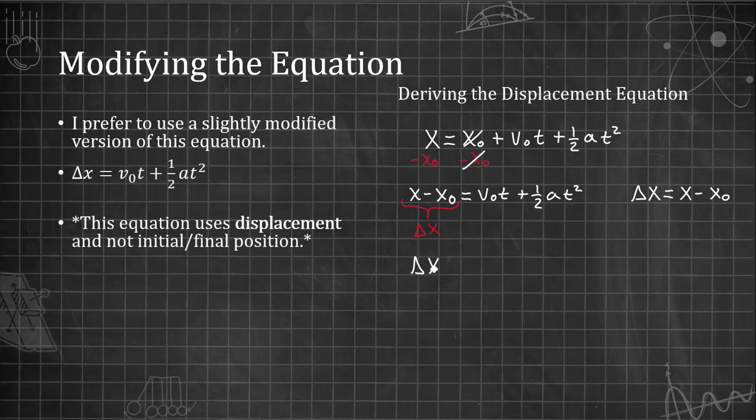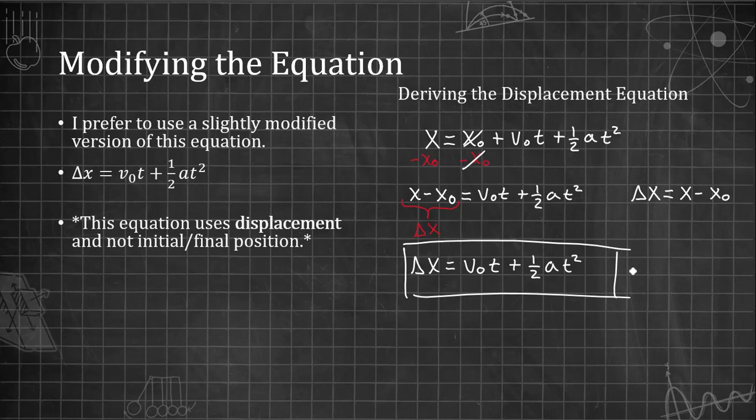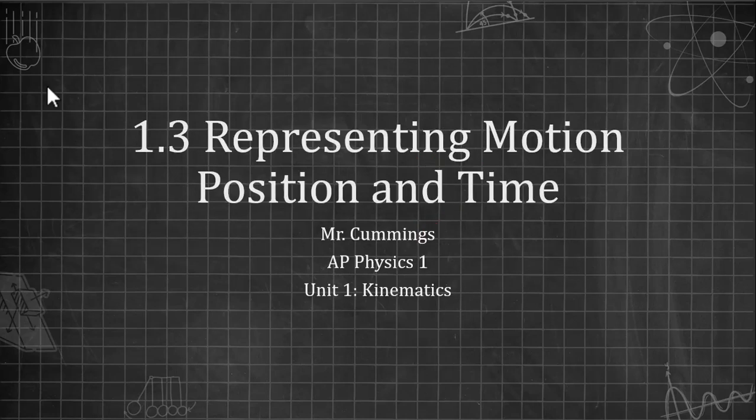We just need to group the two position terms on the same side of the equation. Doing so allows us to substitute delta x in for x minus x naught, which gives us that slightly modified equation. And that's going to be it for this video on